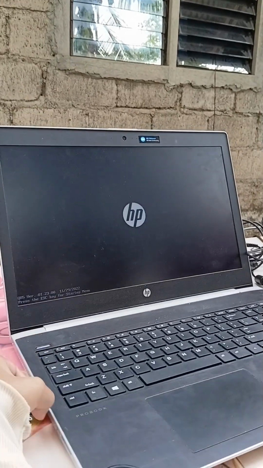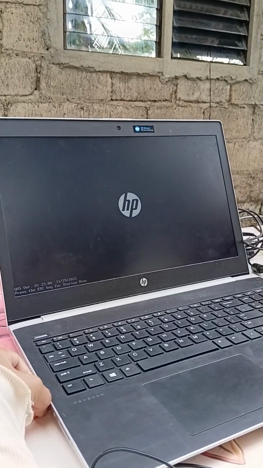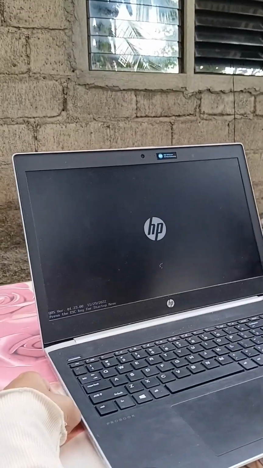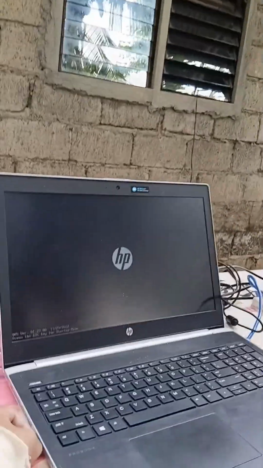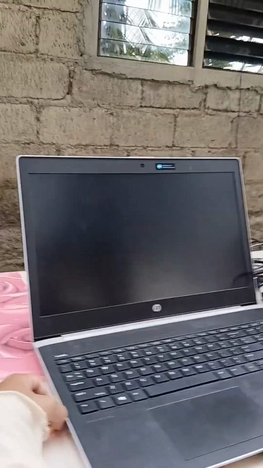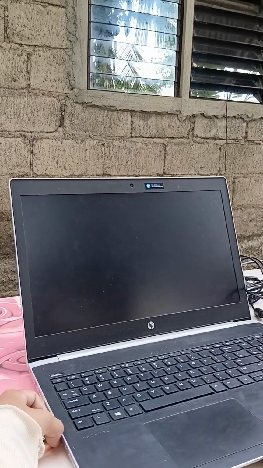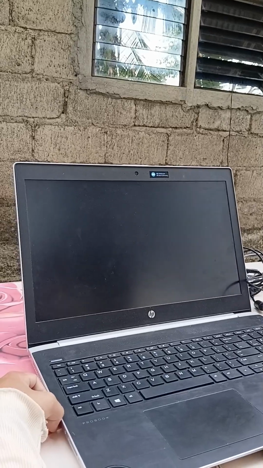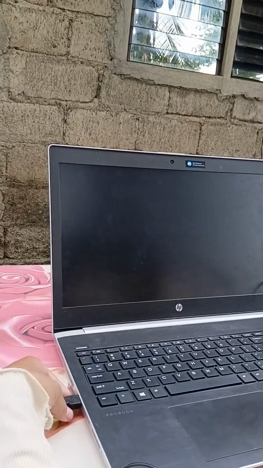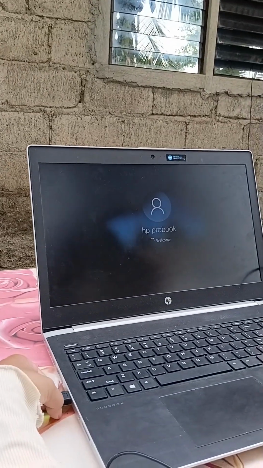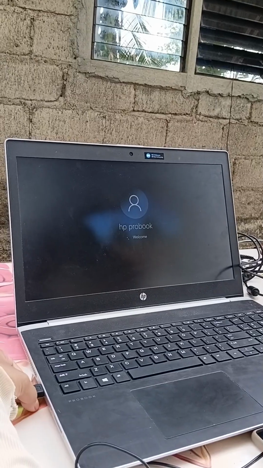Before starting the LAN setup, I first prepare the materials needed for the connection. First, we need to open our laptop. I check if both laptops have a working Ethernet or LAN port. The LAN port is where the UTP cable is connected. It is important to make sure the ports are working properly so that the devices can detect each other successfully.